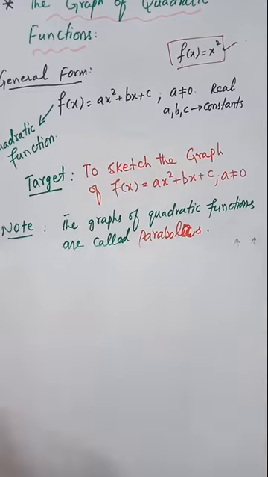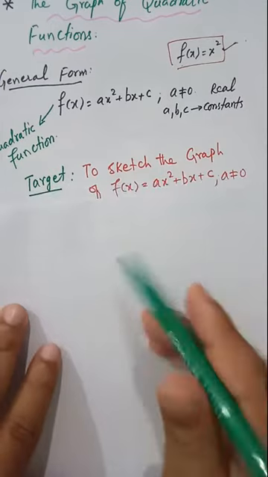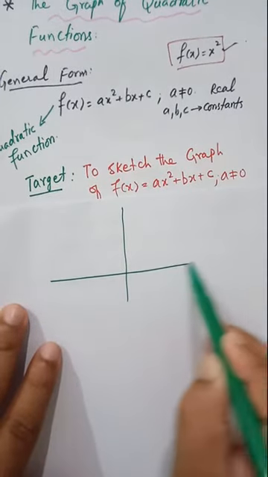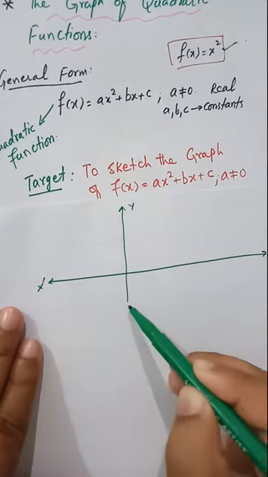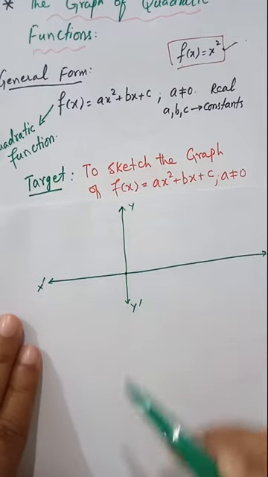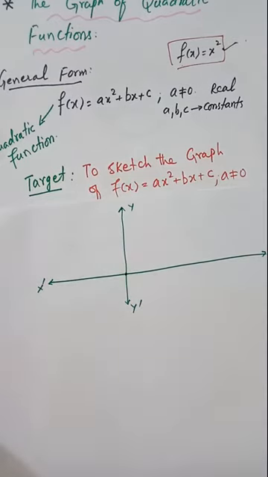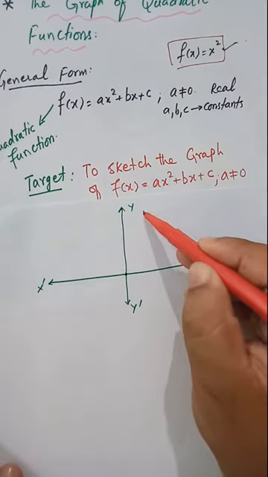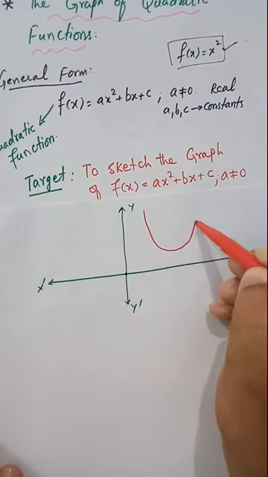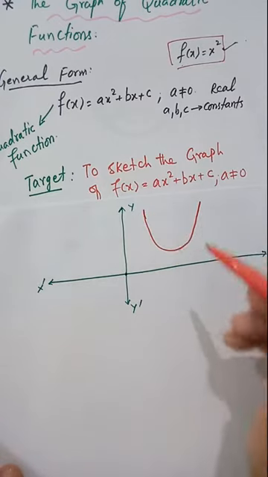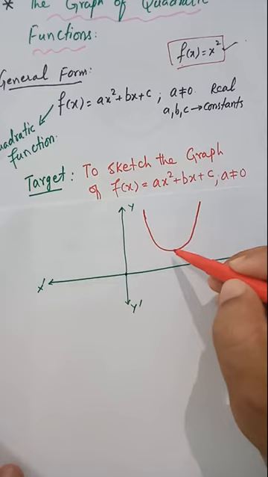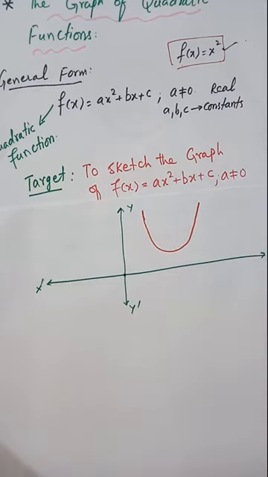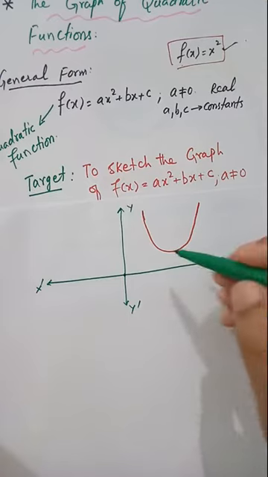Okay, now let's say this is my x-axis and this is my y-axis. Let's say this is my parabola, U shape. That must be the graph of a quadratic function, and every point that lies on this parabola will satisfy that quadratic function. Okay, now this dotted line